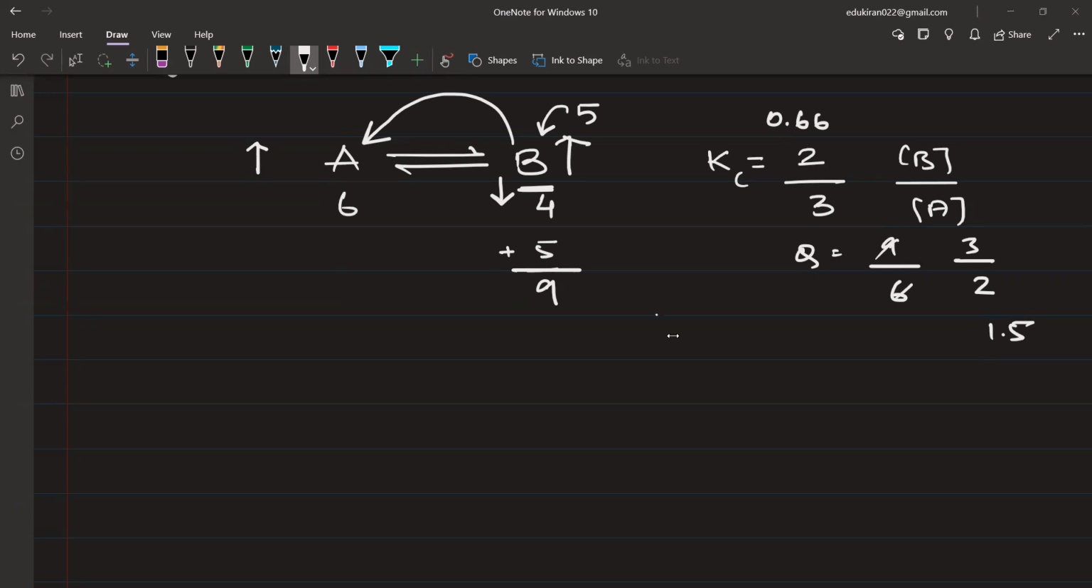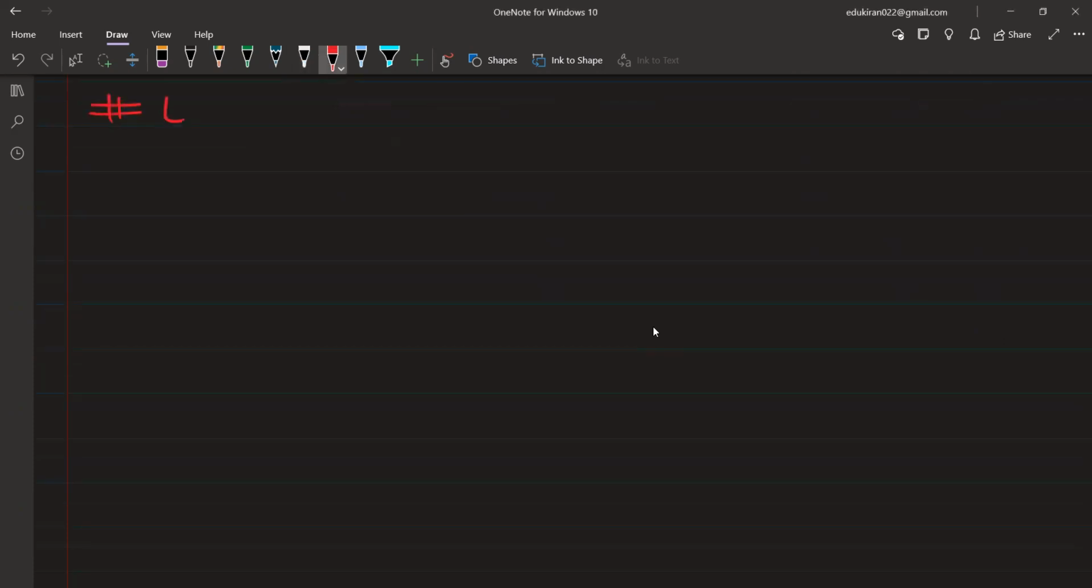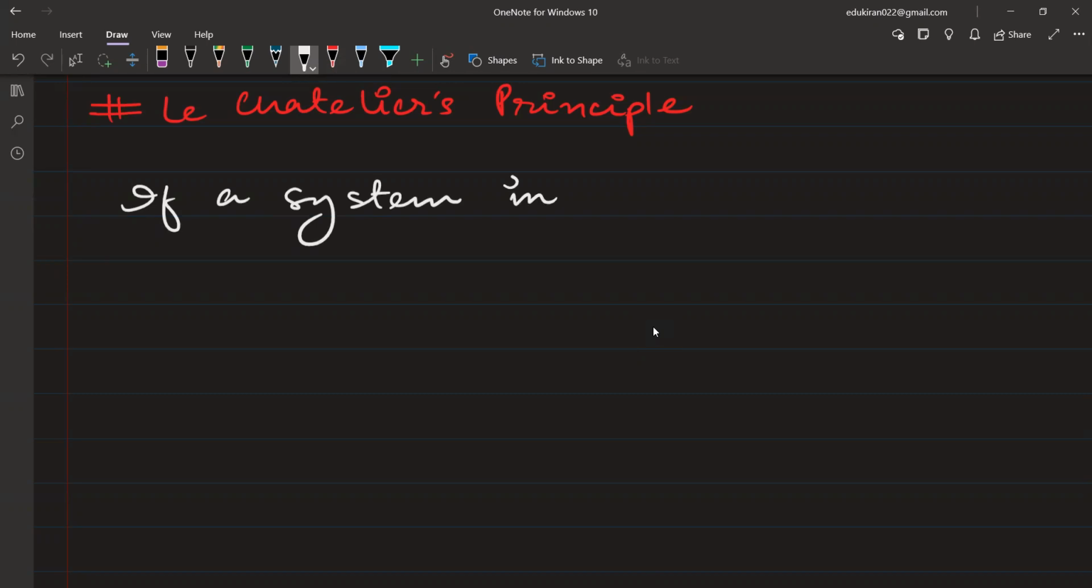Okay. So this was observed and formulated by Le Chatelier. Okay, and he gave the Le Chatelier principle. Please write the Le Chatelier principle. So the Le Chatelier principle says, if a system in equilibrium is subjected to a change,